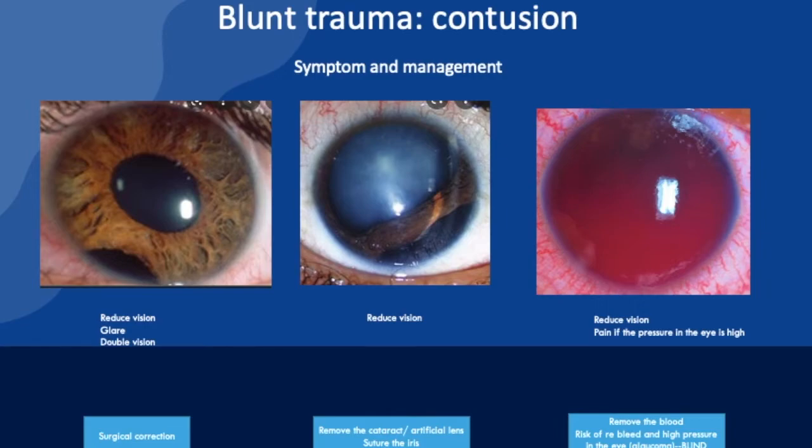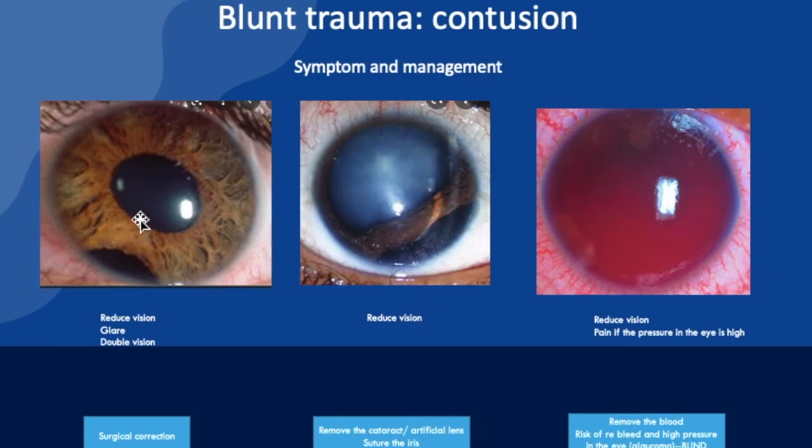So, a blunt trauma can cause damage to the iris tissue. What can it do? It can cause iridodialysis, or actually a separation of the iris root from its attachment. So you can see a second pupil. So the patient will complain of reduced vision, glare, and sometimes double vision. And if it's bad enough, you might have concurrent